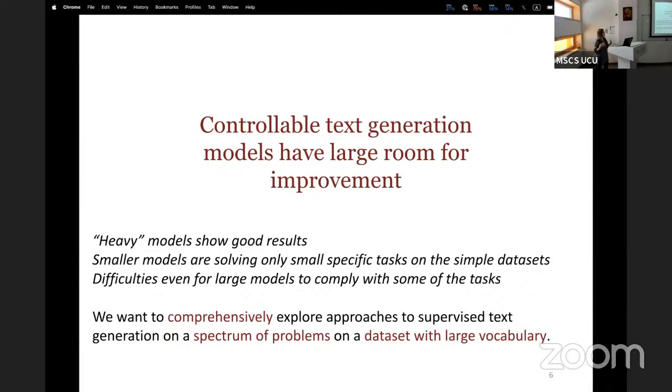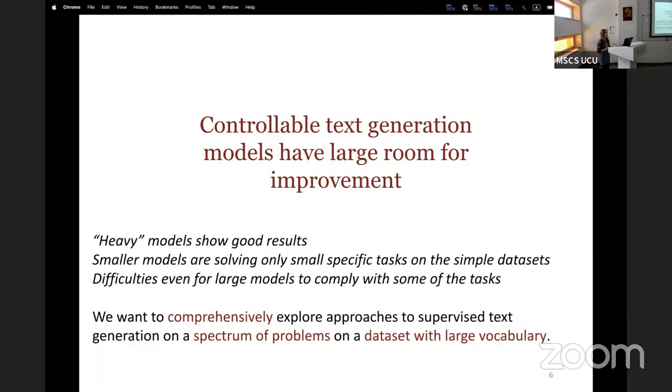Heavy models show good results for that. Smaller models mostly solve small specific tasks, trained on simple datasets, and even larger models have some difficulties complying with some of the control tasks.